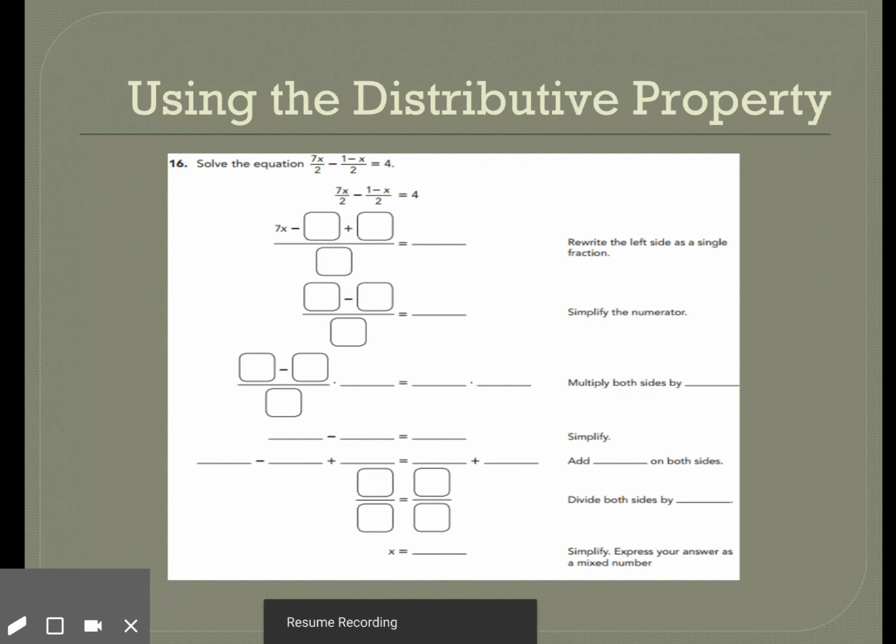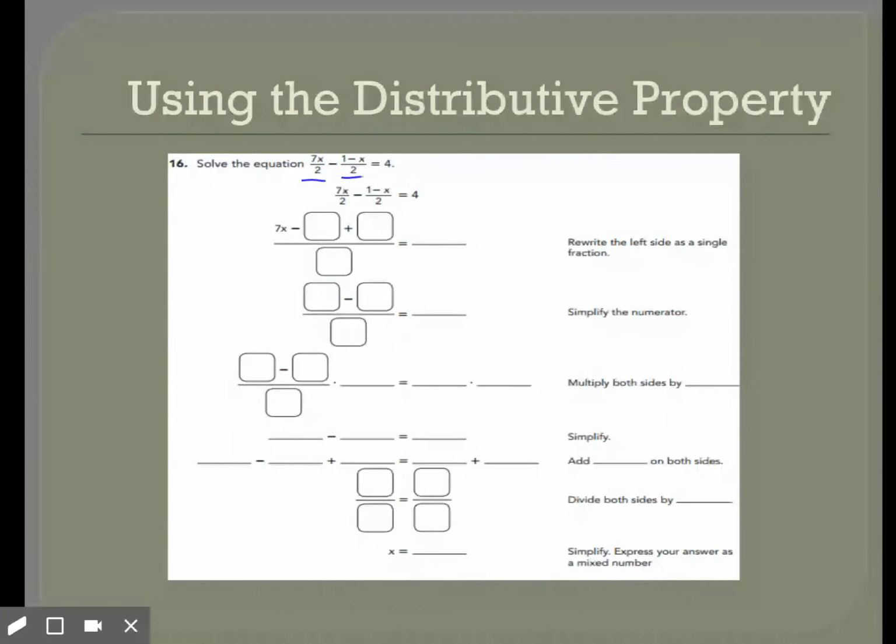All right, so let's try number 16 here together. Solve the equation 7x over 2 minus 1 minus x over 2 equals 4. Well, we've lucked out here because both of our denominators are 2. So we're not going to have to do the distributive property anywhere. So all I'm going to do is combine everything on the top. 7x minus 1